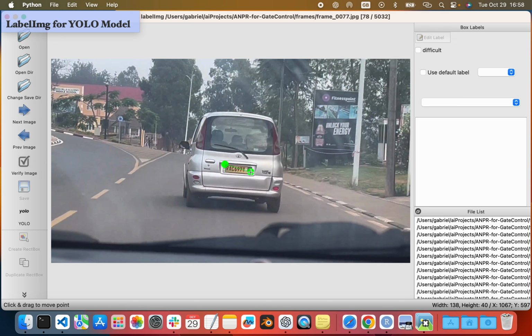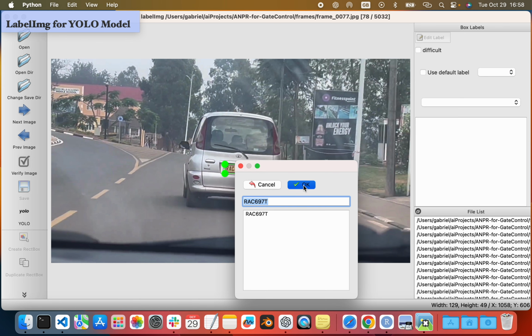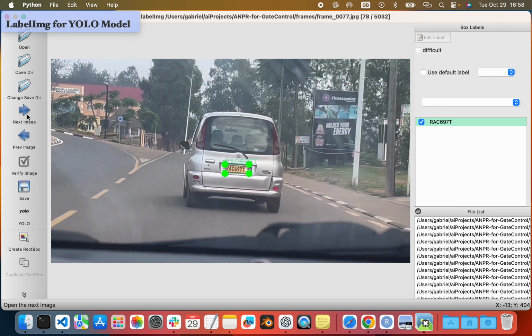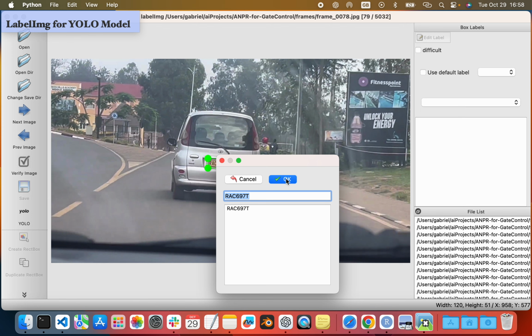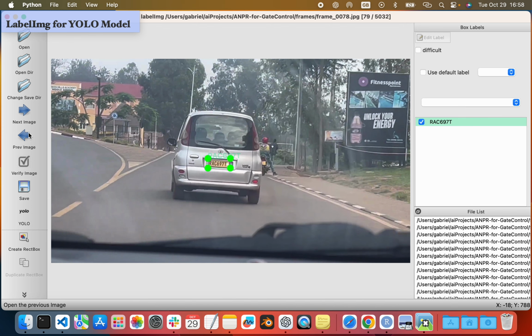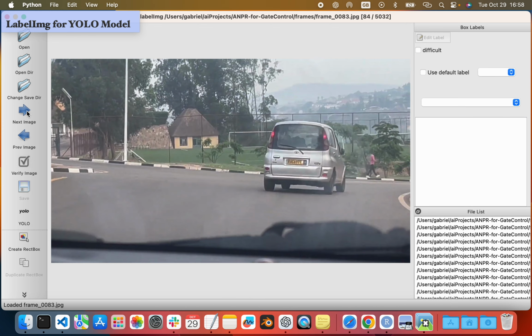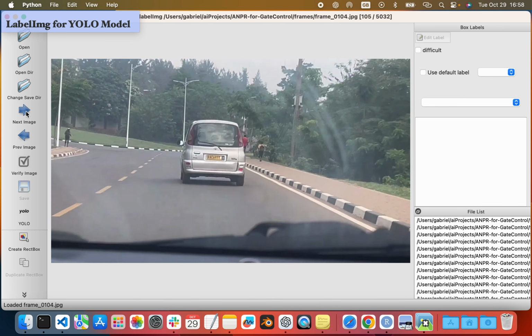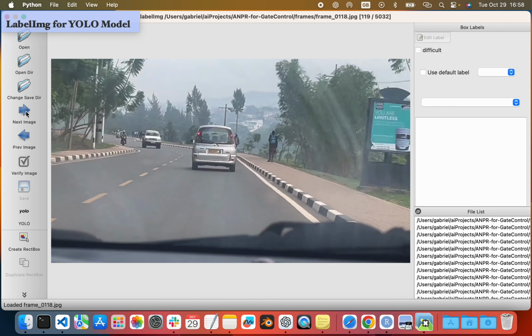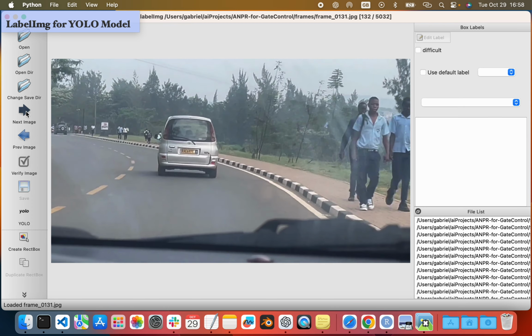The more data you have, the more precise, the more accurate the model will be. So you can have fun and label as much as you can. Now I just want to move this. Will continue to label. Yeah, you continue to label this car